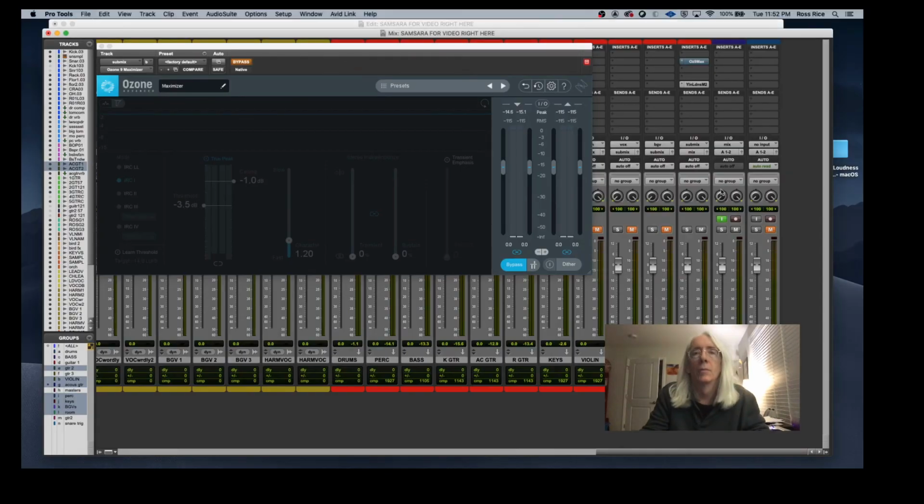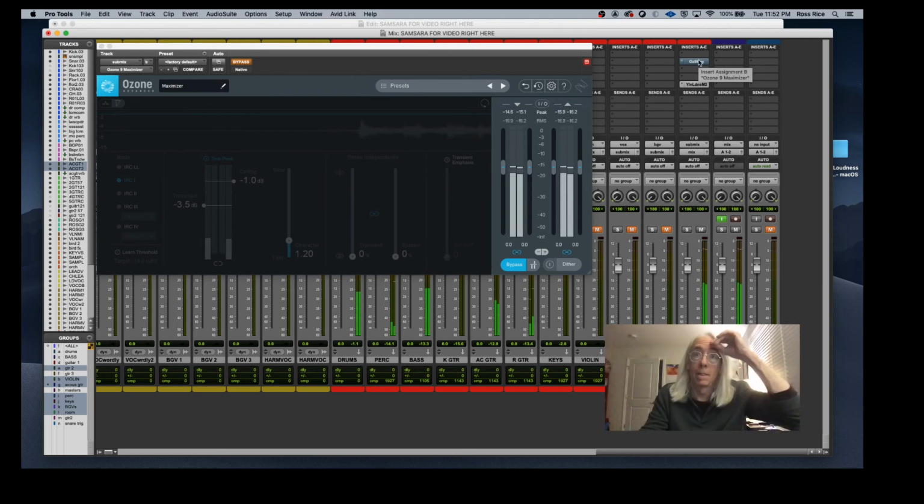So I'm going to go back to the Samsara mix, and I'm going to introduce my first major limiter, stereo bus compressor. So here it is, and I'm going to turn this on. I've got just the good old Ozone Maximizer. It's bypassed right now, but